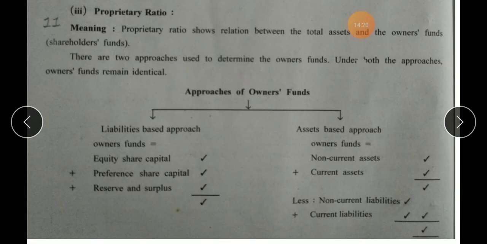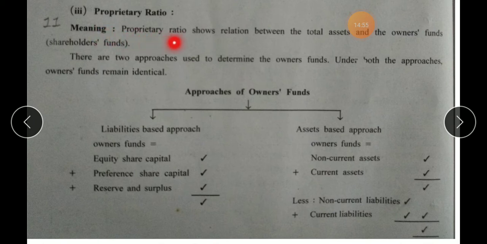So here it is, proprietary ratio, and the topic starts from page number 234 in your textbook. Yes? For this, we have only one illustration to solve and a sum in the exercise. The chapter is very simple and easy. So, proprietary ratio. On page number 234,